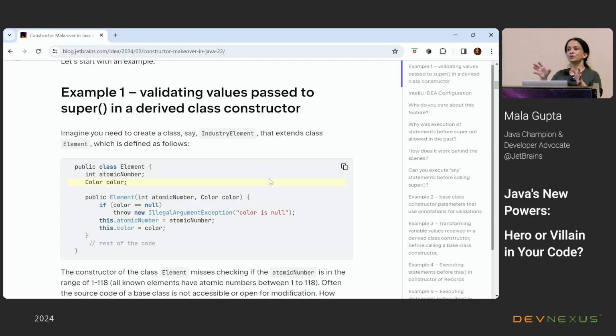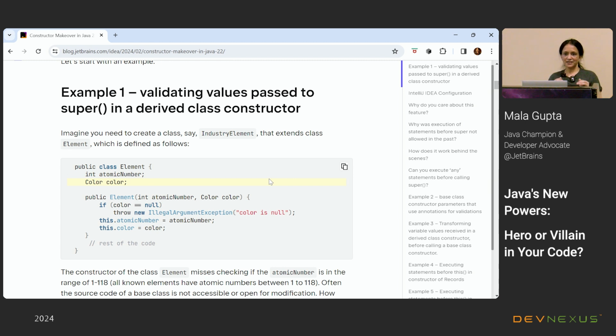Now, I could call statements or method calls before calling super unless it accesses the instance variables of my superclass. So, the beauty of this feature is that it is changing the syntax, I would say relaxing the syntax of one of the initial features of Java, because this constraint has been in the language since Java 1.0.